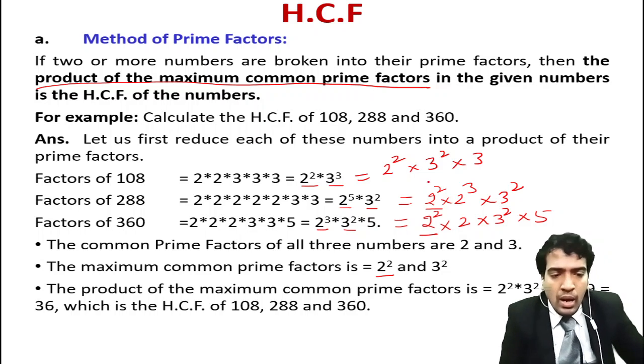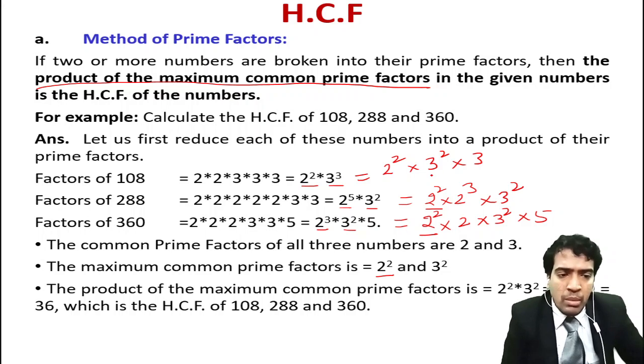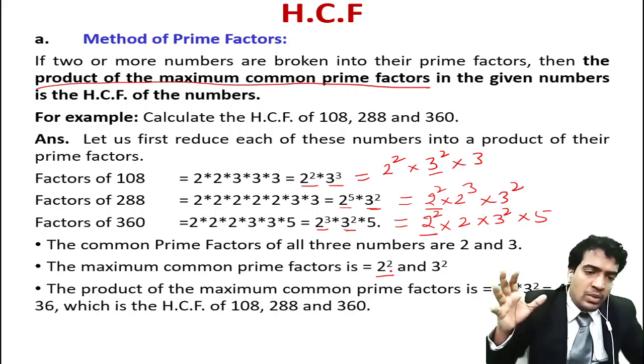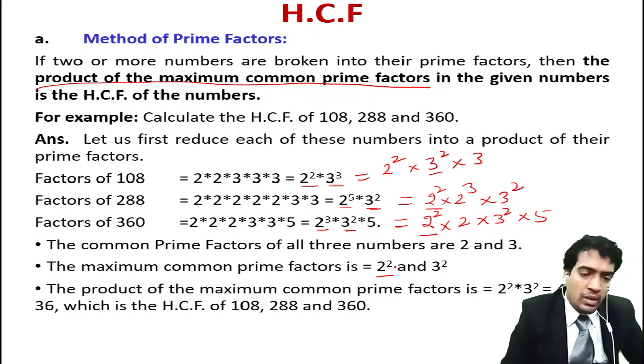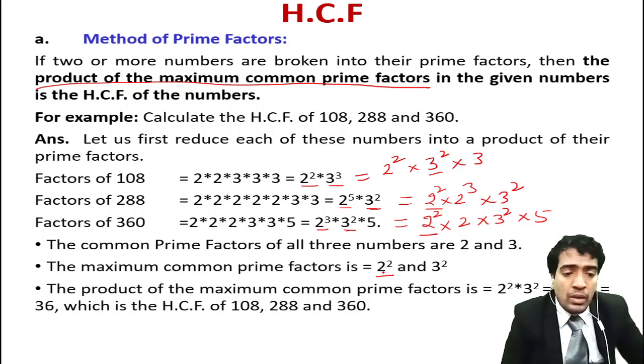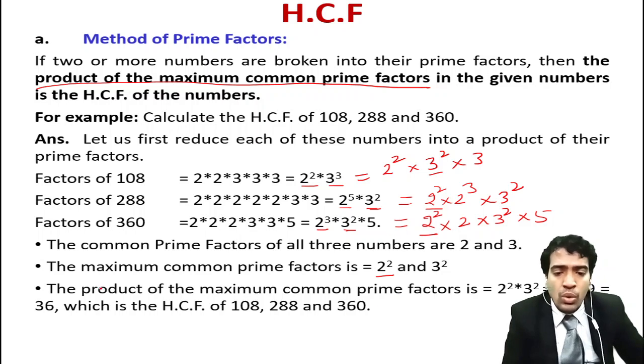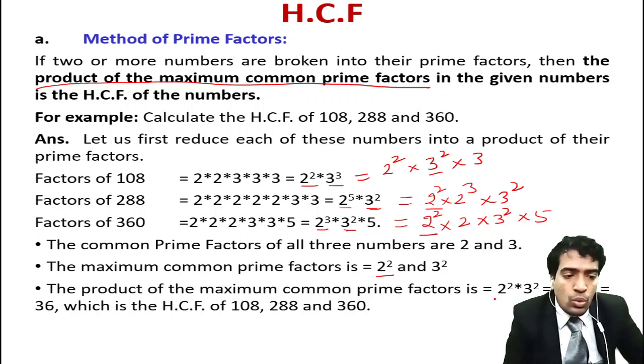So what is the highest power of 3 that is common in all the 3 numbers? 3 square is common here, 3 square is common here, 3 square is common here. So the maximum common prime factors, if you forget about the powers, are 2 and 3. If you take the powers, because we are taking the maximum common prime factors, you see that 2 square is common in all the 3 numbers and 3 square is common in all the 3 numbers, okay? So the product of the maximum common prime factors in this case will be 2 square into 3 square,